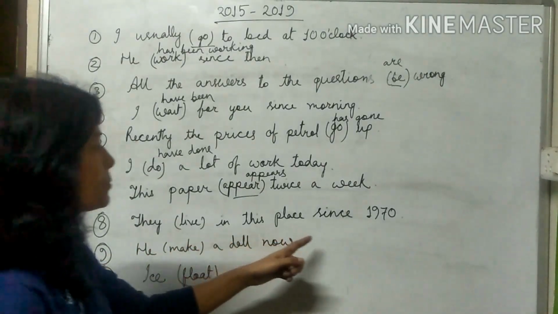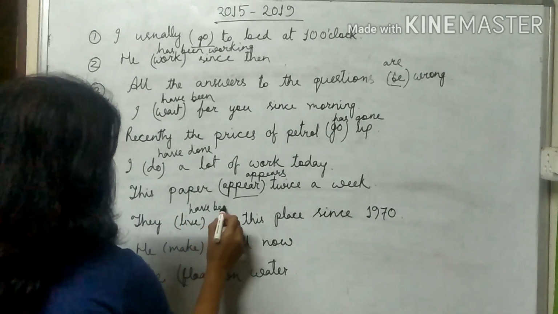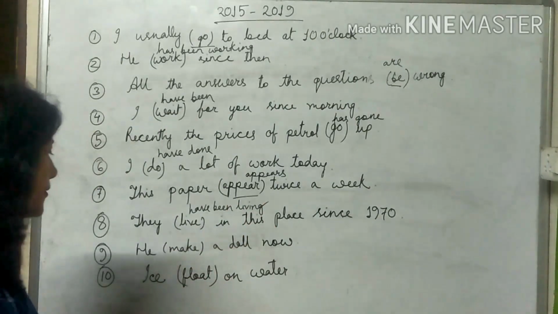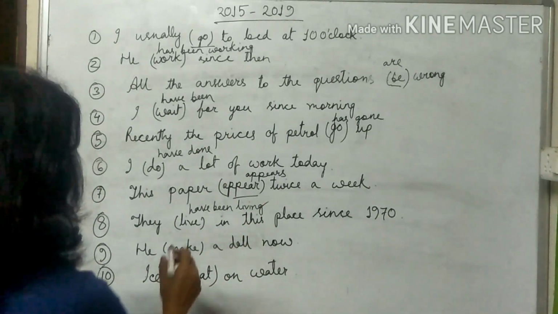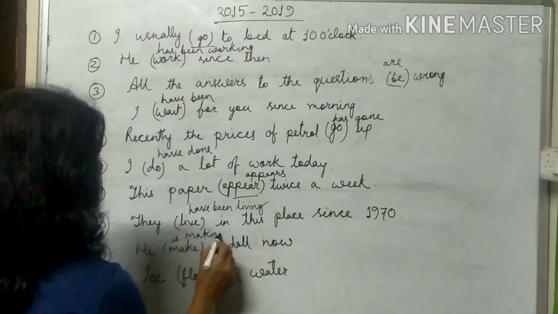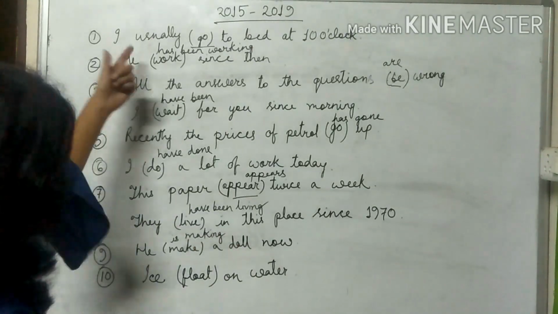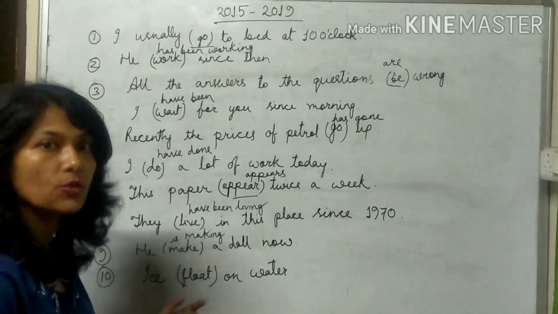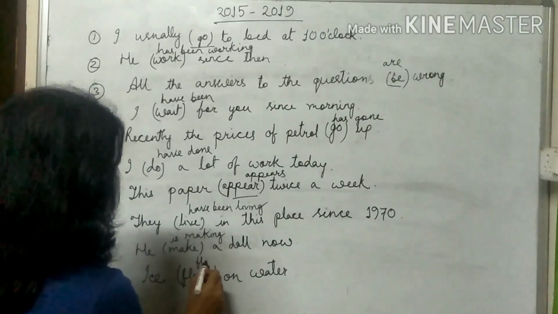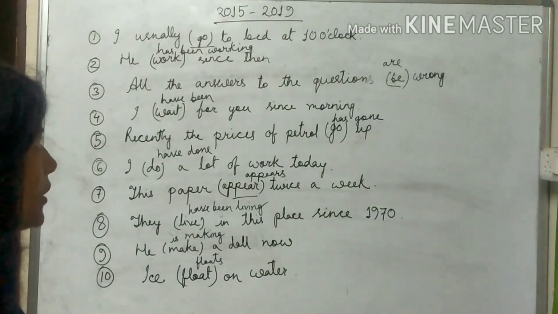They live in this place since 1970. They have been living in this place since 1970. He make a doll now. He is making now. So it is present continuous. Ice float on water. So first one is habitual truth. The last one is universal truth. Universal truth also we use simple present. Ice floats on water. So these are some questions from your HS